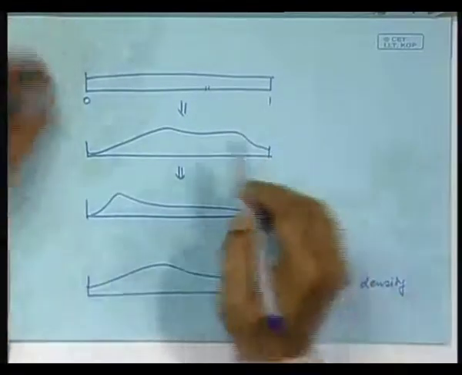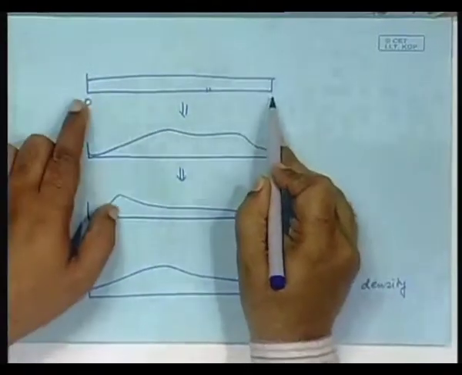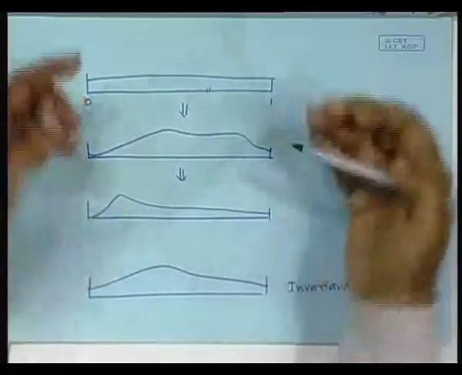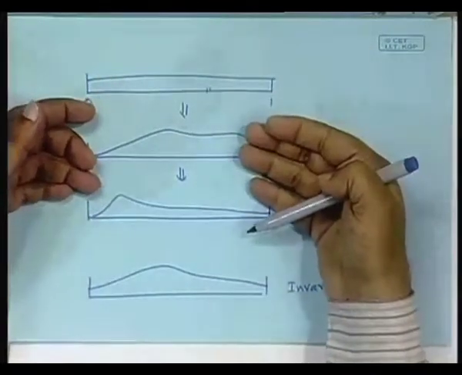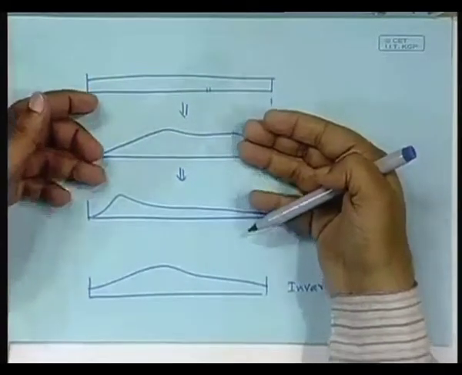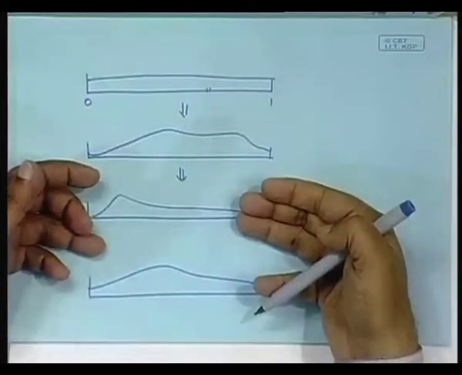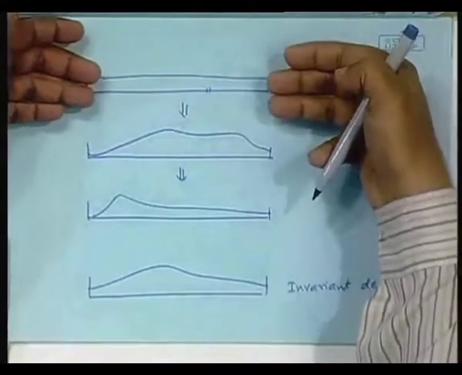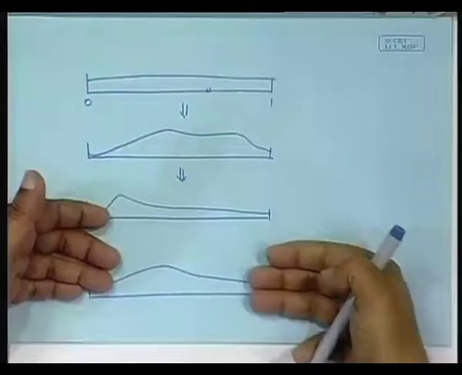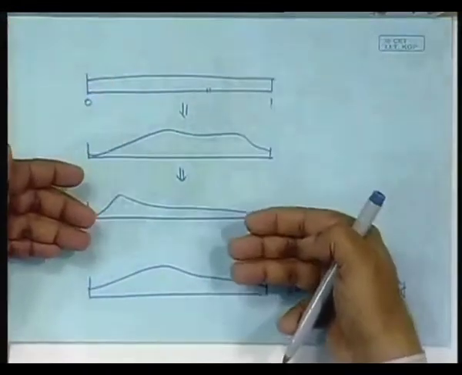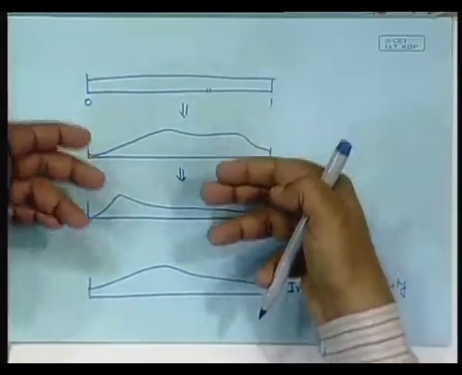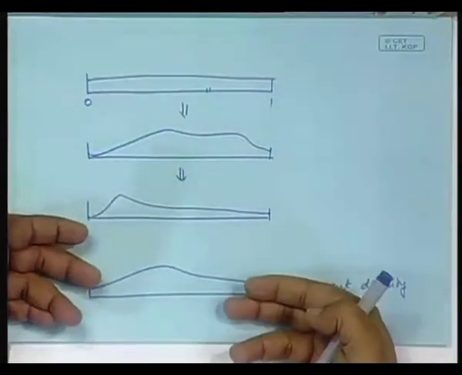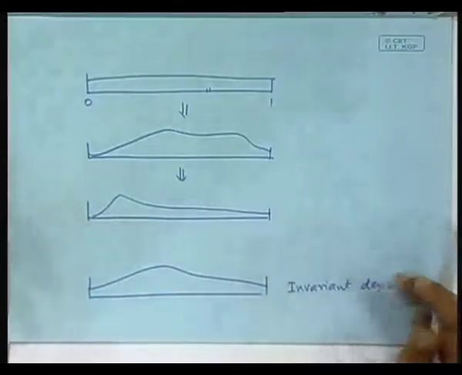Now notice that something is happening here. Here we have some function over the range 0 to 1. In the next iterate, what we have? Another function over the range 0 to 1. Next iterate, what we have? Another function over the range 0 to 1. So as we are working with the ensembles and applying the map to it, what is happening? A function is mapping to a function, right? And then we will be able to define a function that operating on a function gives this function.